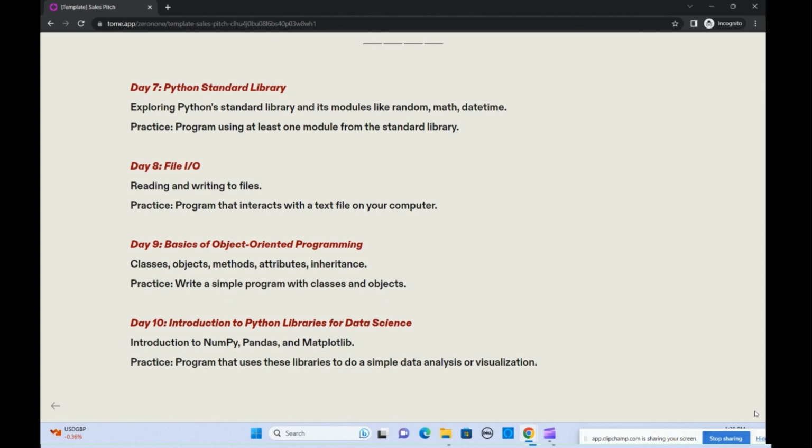Since Python, you basically don't need classes or other object-oriented concepts, but it's always good to practice with object-oriented programming.